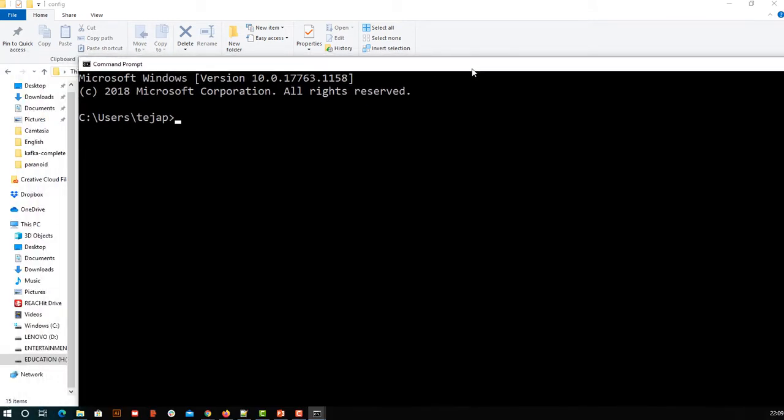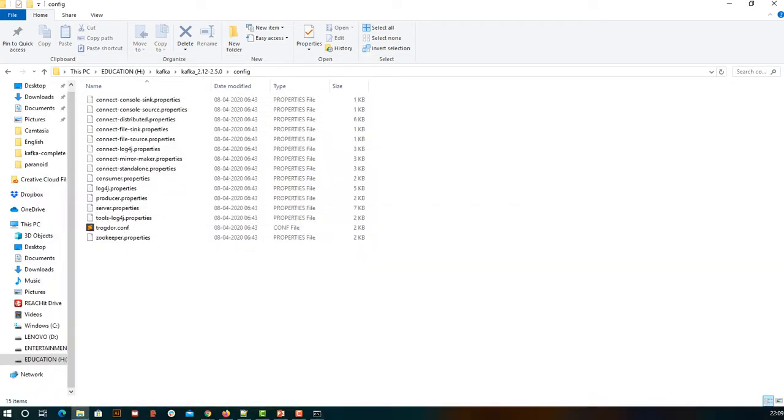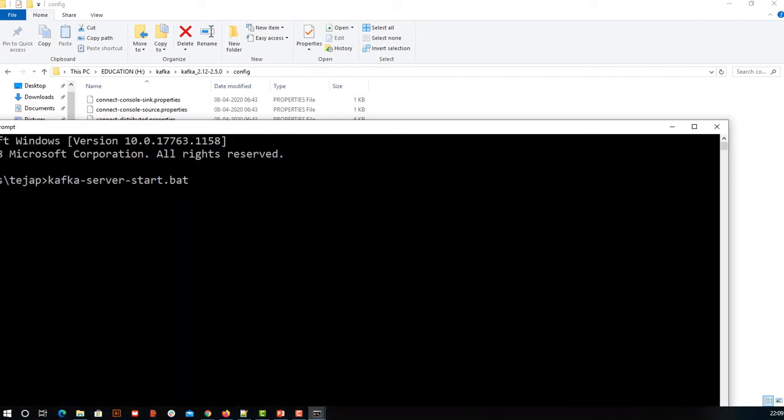So in this terminal I am going to start only one Kafka server. We can have multiples, then we have to configure it: for server 1 we'll have a different configuration file, for server 2 we'll have a different configuration file. That's why for now, for understanding's sake, we'll have only one Kafka server. Kafka-server-start dot bat file, and the properties will be, if you can see here, server dot properties in the config, so we are going to make use of that.